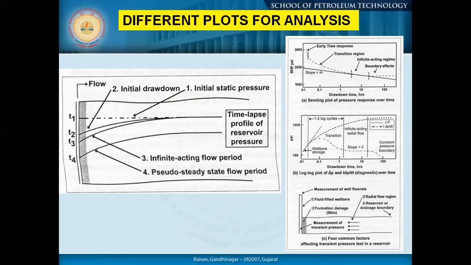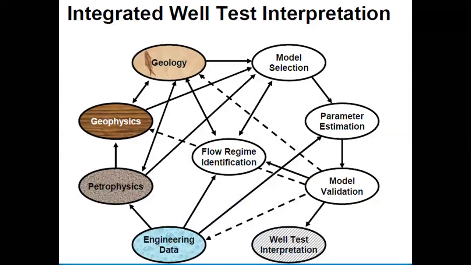But things have improved a lot. Now we have a diagnostic plot. Sometimes you may not get a straight line, you get everything in curvilinear nature. That's why the curvilinear nature is very important. People have tried and found new ways of treating each and every portion in polynomial form, and understanding the slope of this graph will help us in detailed analysis. So what do we do after that?